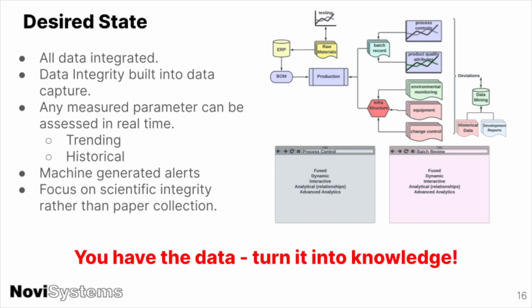Well, I'm going to leave you with this: you have the data. It's time for you to turn it into knowledge. And there are systems, including the Novus Systems methods that were built specifically for this sort of thing, that you can use. And finally, I can't say enough, if you're going to embark on a digital transformation, understand the problems that you face. You have to be able to state a problem clearly. You have to remove ambiguity, or else the system is going to fail